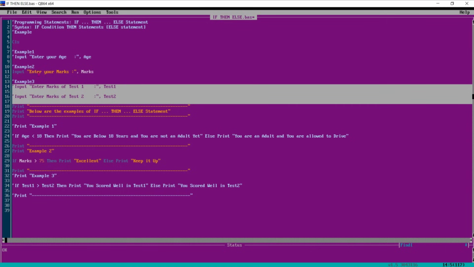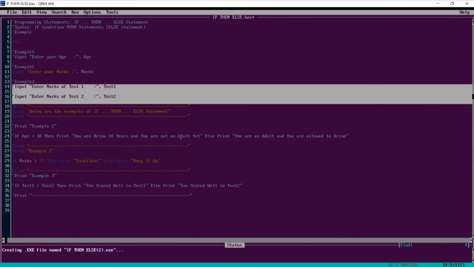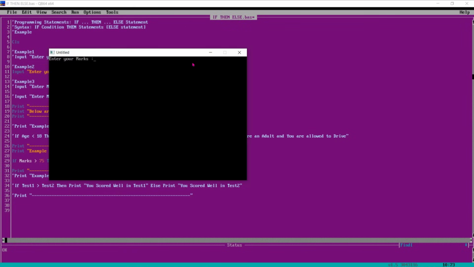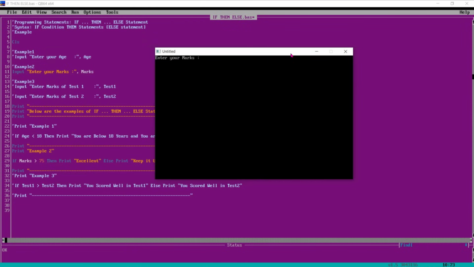So it will ask enter your marks, then it will check the condition. If your marks are more than 75, then excellent, else keep it up. Let's see. Enter your marks.